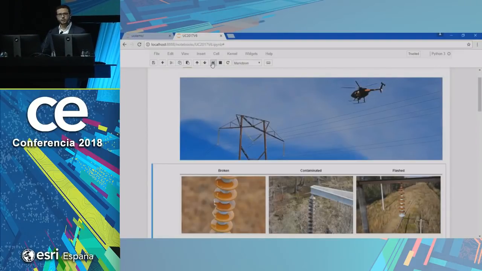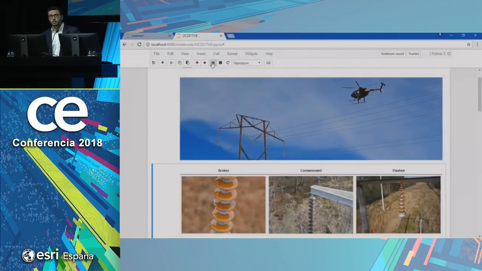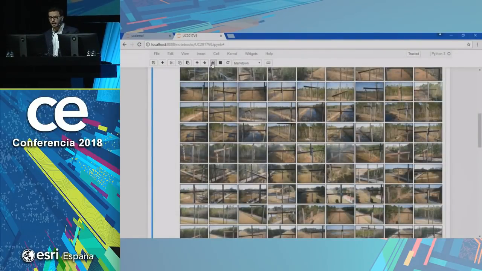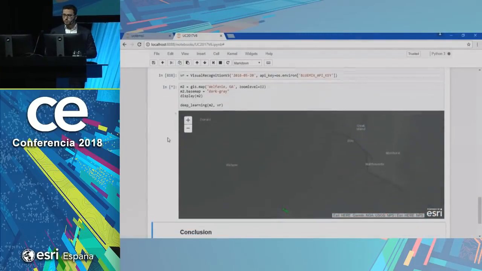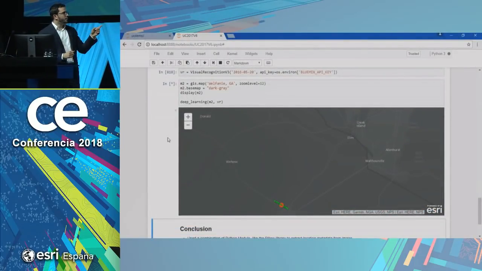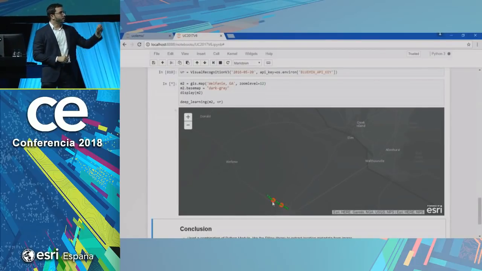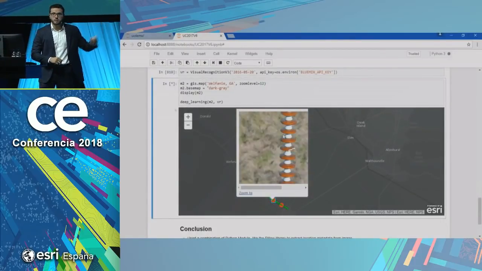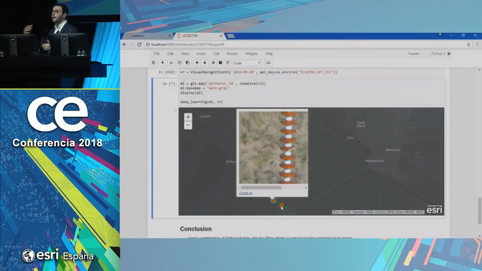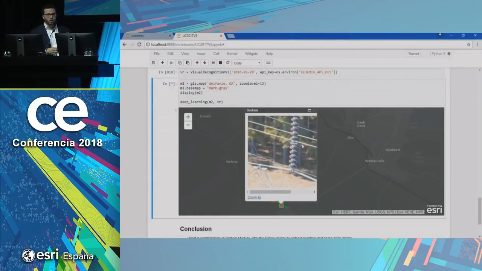We got a lot of data that they had stored, which was actually labeled, and started to train a deep learning model using IBM Watson to understand which insulators are broken or not. And this is happening in real time. The drone is flying, and whenever it detects a broken insulator, it's going to show this red circle here, which tells the analyst, hey, something is wrong here, you need to take action.